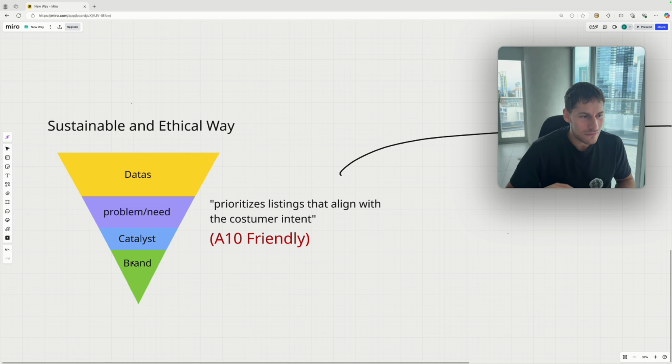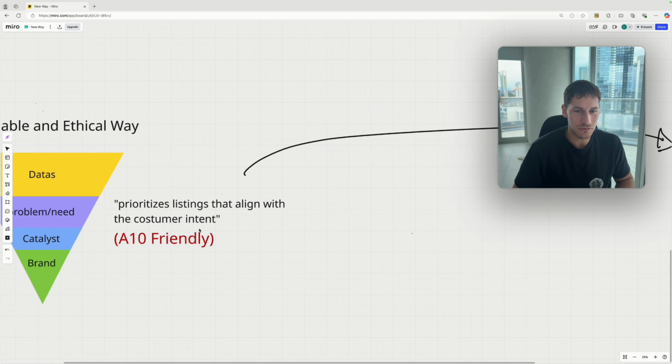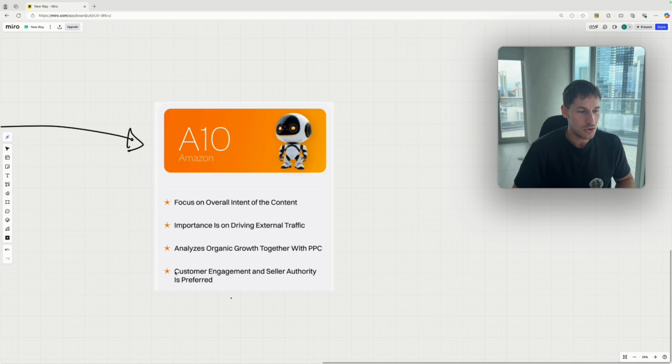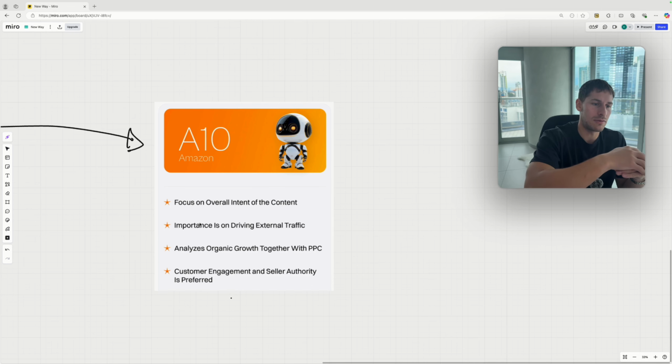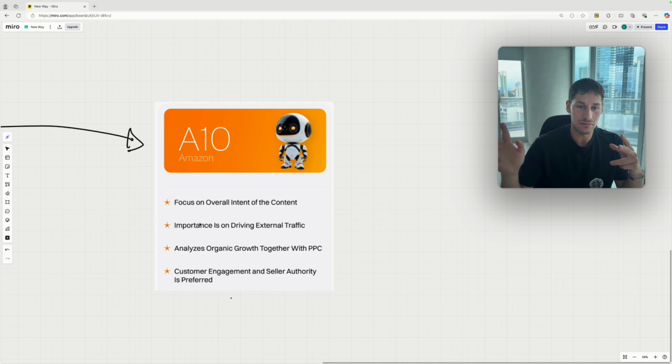And after that, you have completed all the 4-point checklist of the A10 algorithm. You have a brand, so you bring external traffic, you drive traffic from outside, because now you have a brand, you can create social media for the brand. You solve the overall intent problem because you have a solution to a real problem. So you know the intent of the customer, and you have a unique catalyst that is going to solve this problem. So you have zero competition.